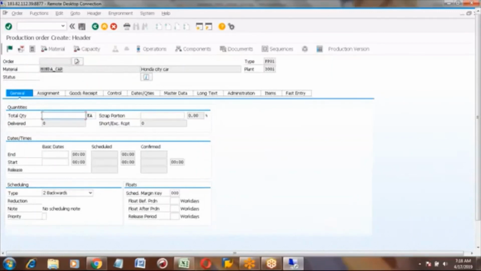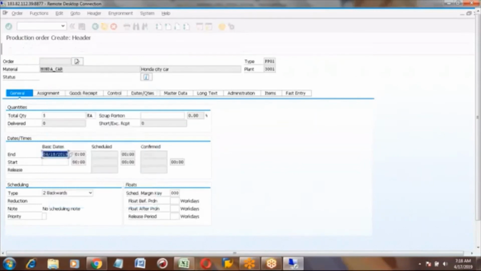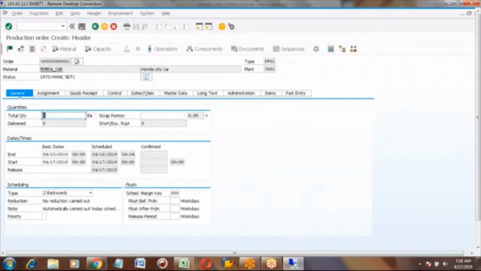To show you that, I am creating one more order with 5 quantity, release and save it.